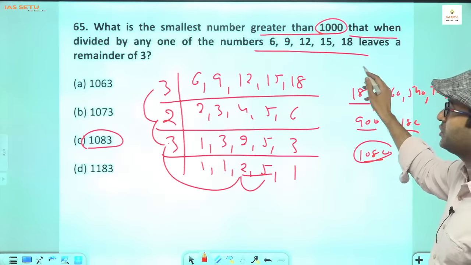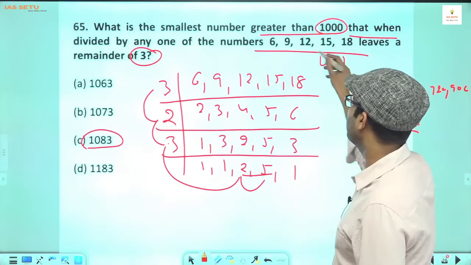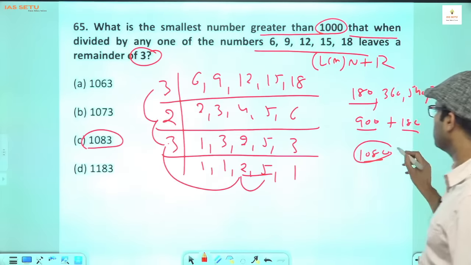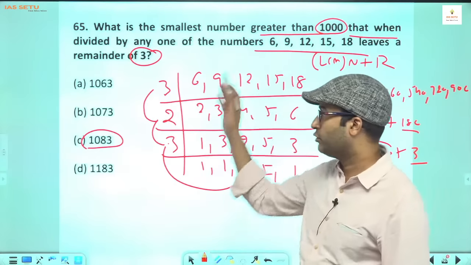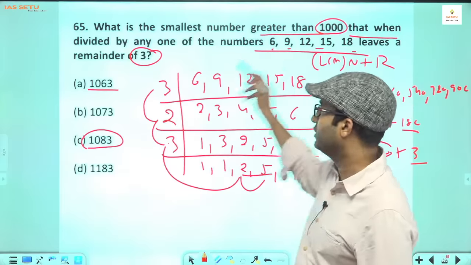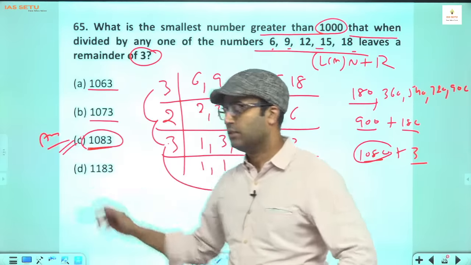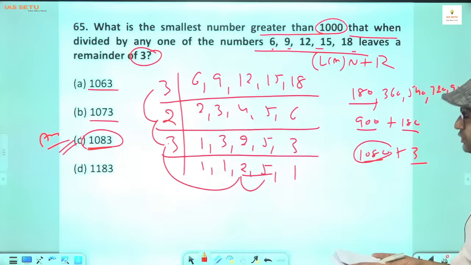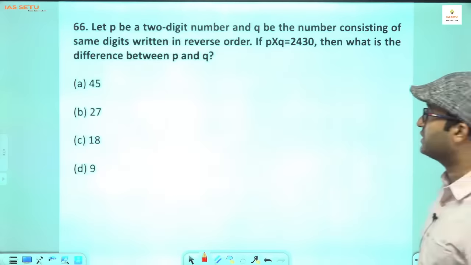These are exactly divisible, but here it is asked remainder. If you recall, it is a multiple of LCM plus remainder concept plus 3. So it is 1083. Alternate method, if you are not able to recall this, check with the answer option. Try this question. If remainder is 3 or not, try this. Answer is coming C. तो आप आंसर ऑप्शन से भी चेक कर सकते हो।